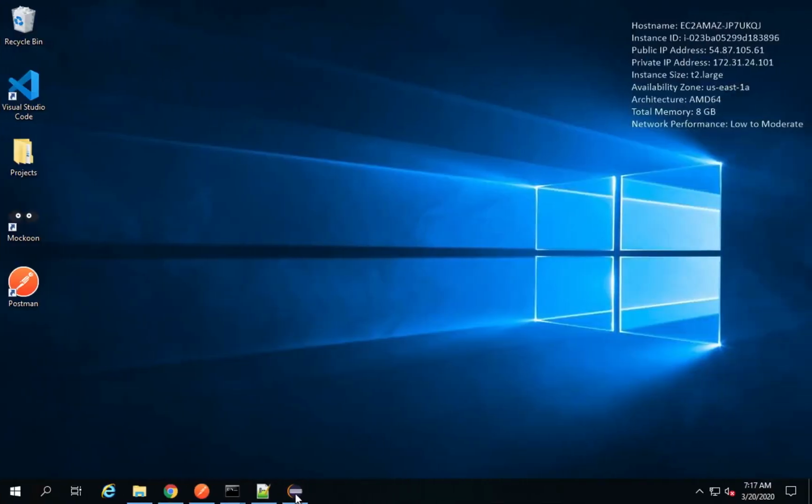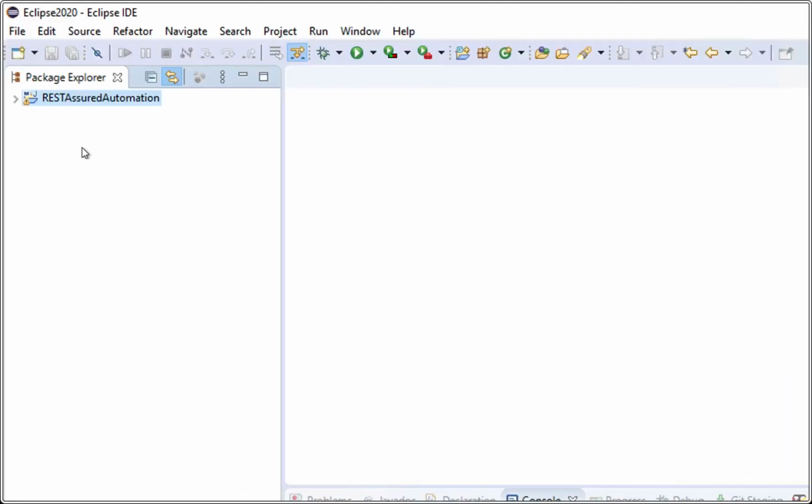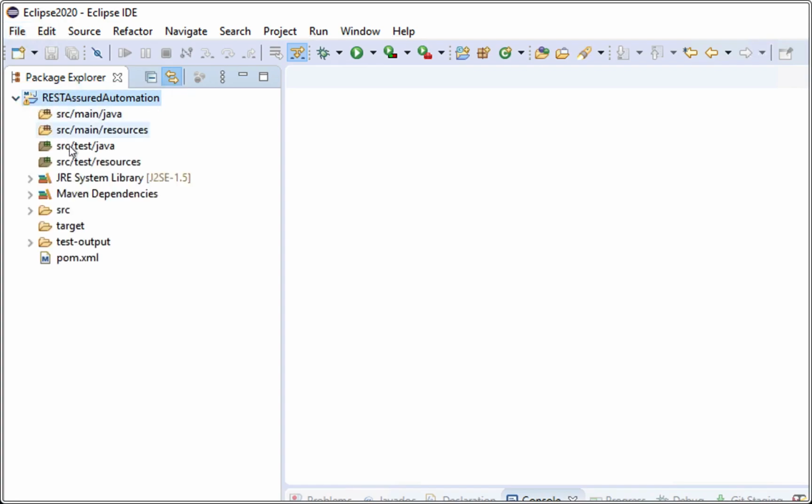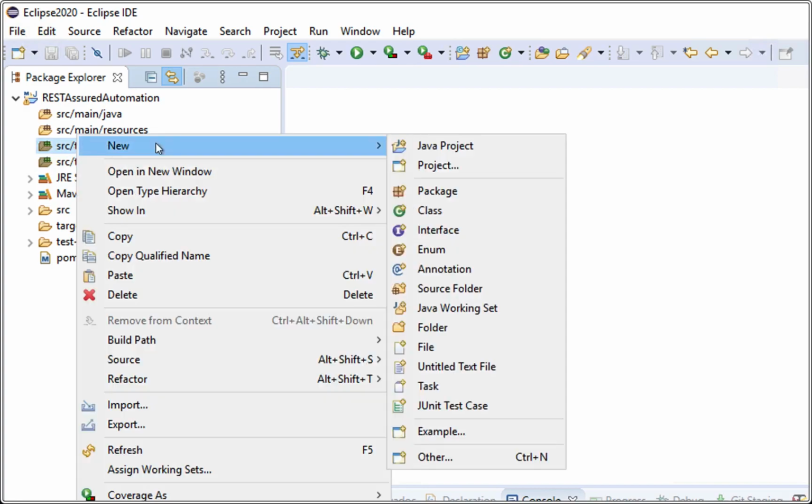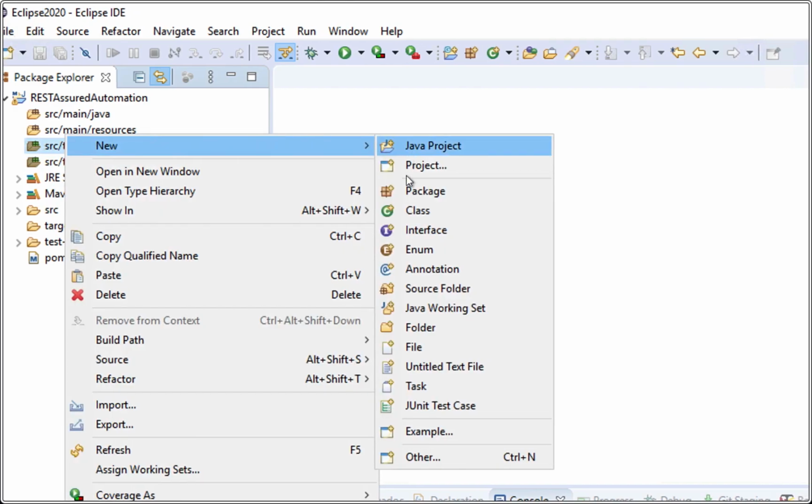So I will go on Eclipse, and here is the project that we created in the last session. I will expand this, and here you can see we have different folders. We have src main java, src main resources, src test java, and src test resources. So I will go to src test java, do a right click, new, and first I will create a package,